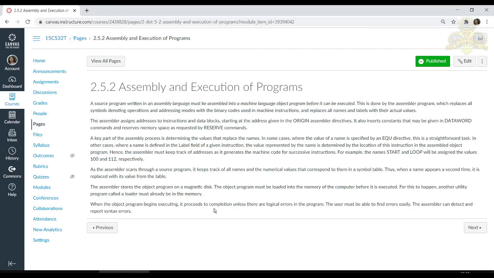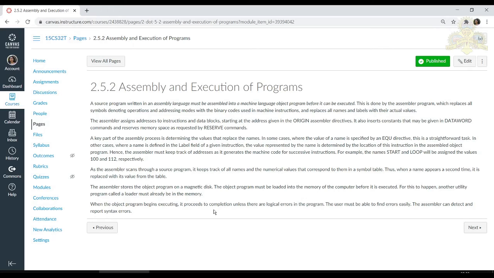Whenever it scans through the source program, it keeps track of all the names it comes across with their associated values in a table, and that table we call the symbol table. If a particular name appears for the second time, it will not scan again, it will just check the table and replace it with that particular value.